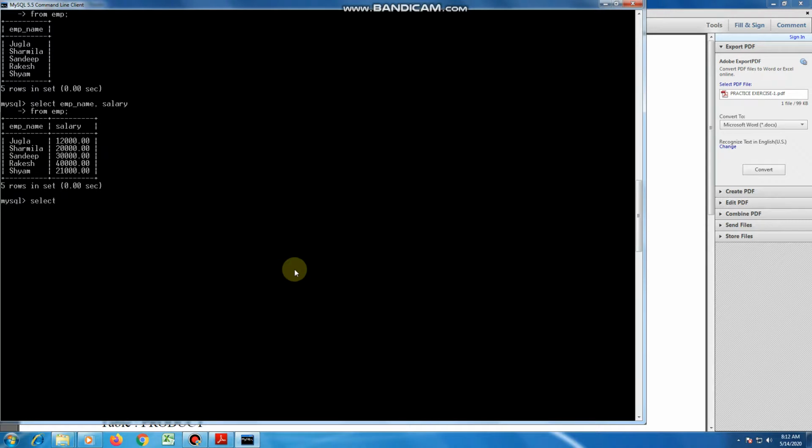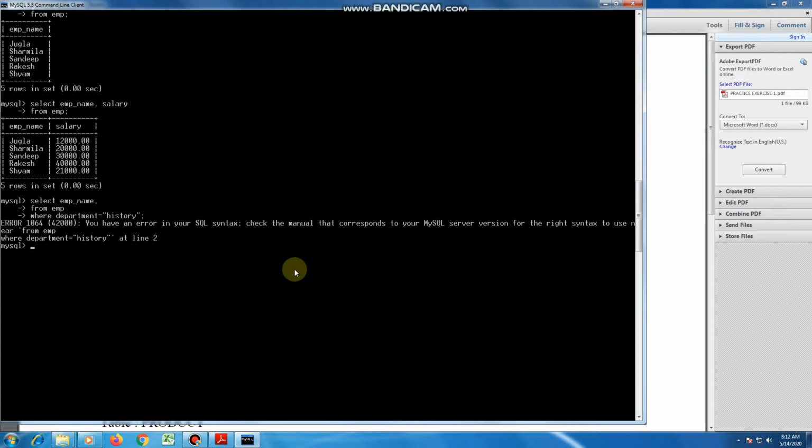So here select e name means employee name from table name EMP, and now we will restrict our list of employees up to only history department, and therefore we need to use where clause here. So where department is equal to history. What's the problem here?